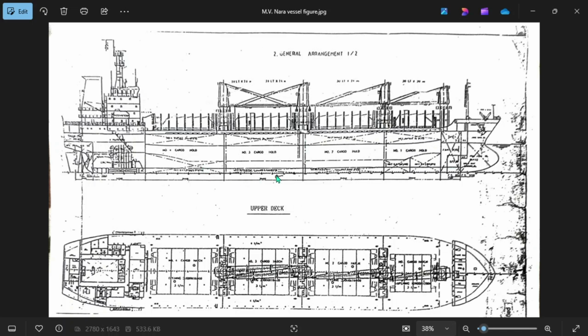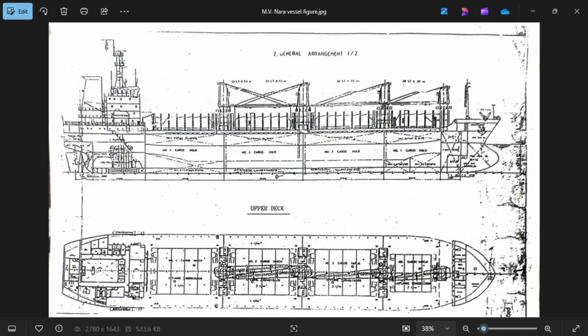So positive 0.596 will be almost in the center. So this is the LCF of the vessel when the draft is 8.65, somewhere around here.